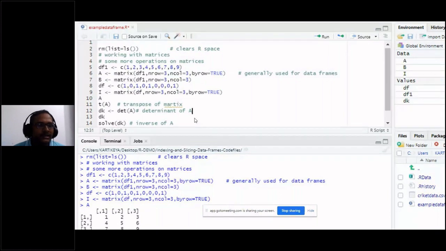You use another command called solve. Solve of dk will give you the inverse of your matrix. In most cases you use the determinant, so det of A is the syntax, and if you want the inverse, we go for the solve command.